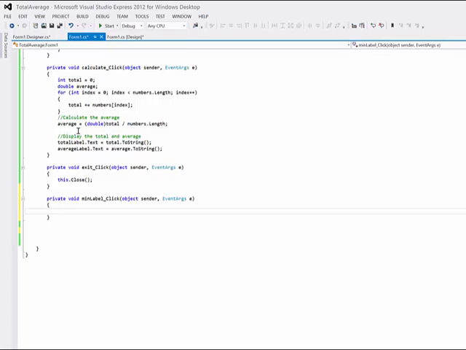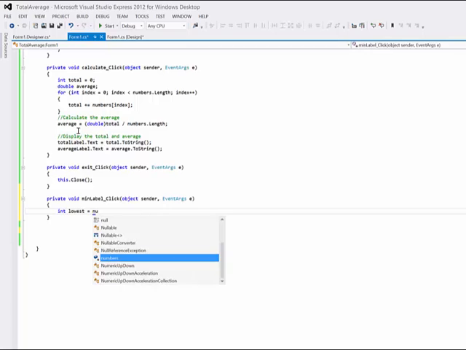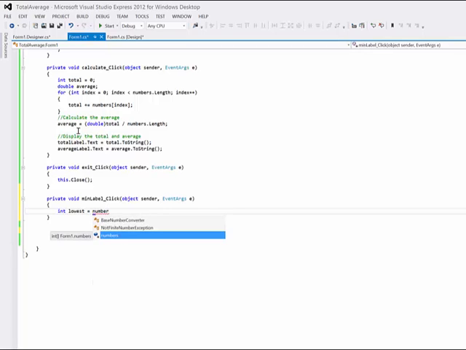In this click event handler, we want to first initialize lowest. Lowest will be the minimum, and we're going to step through the array to make sure that the lowest is the smallest element in the array. So I'm defining an integer, calling it lowest, and setting it equal to the array element that is first, which